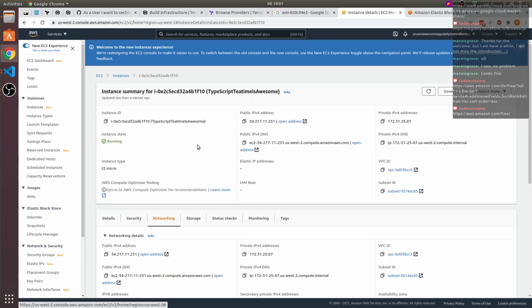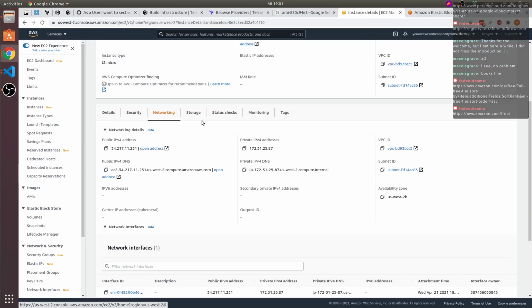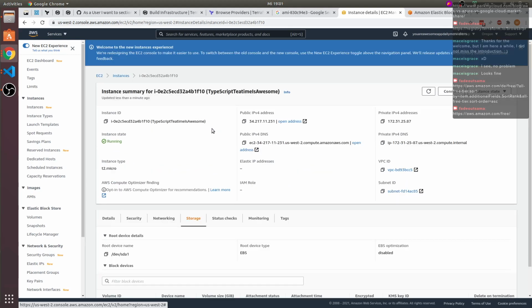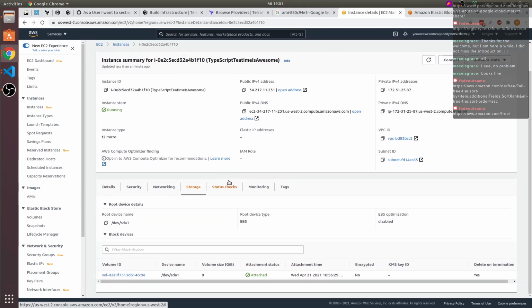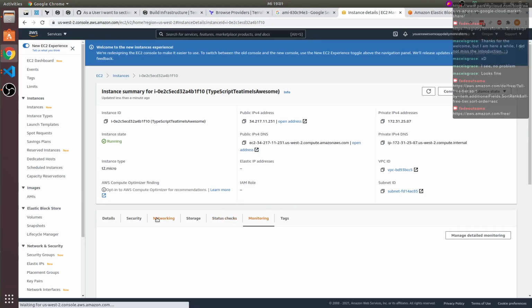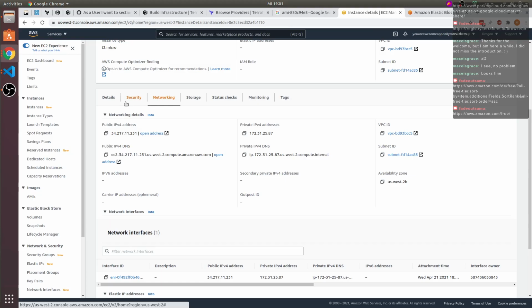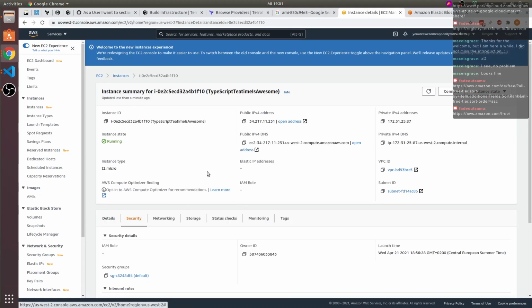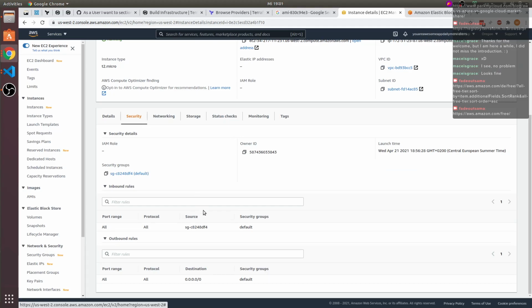No IAM roles, networking, CloudID. Let's check monitor. Any ideas where this was?